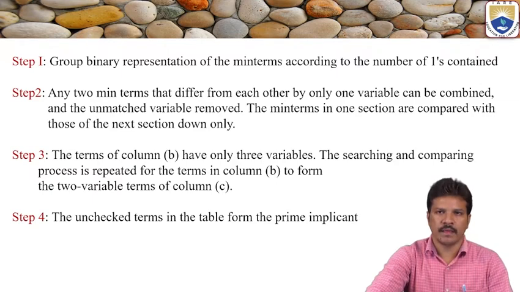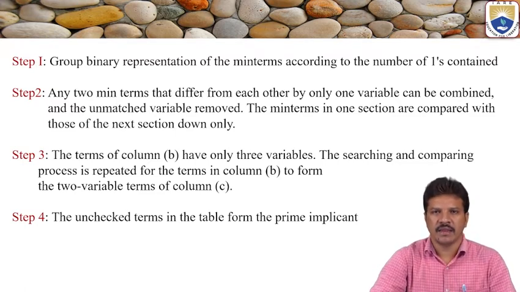Step 2: any two minterms in the groups that differ from each other by only one variable can be combined, and the unmatched variable is removed. The minterms in one group are compared only with the group in the next section down. Group 1 with respect to group 2 only, group 2 compared with group 3. That's it. And then in step 3,